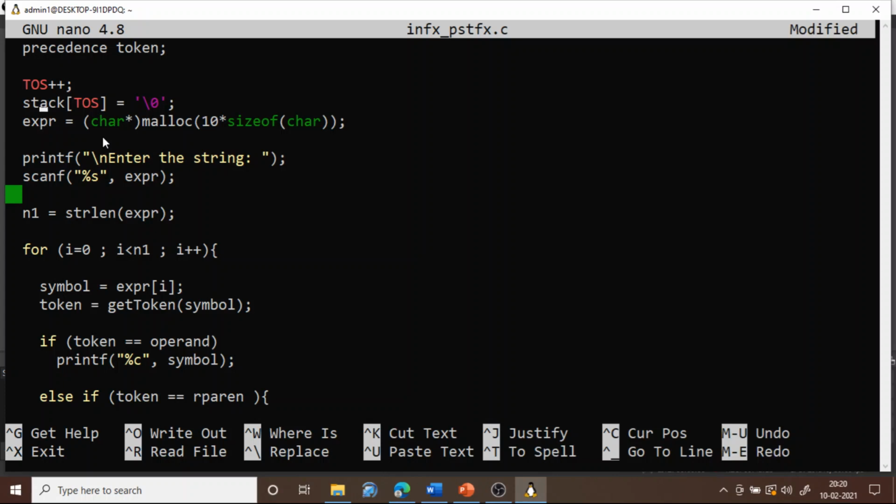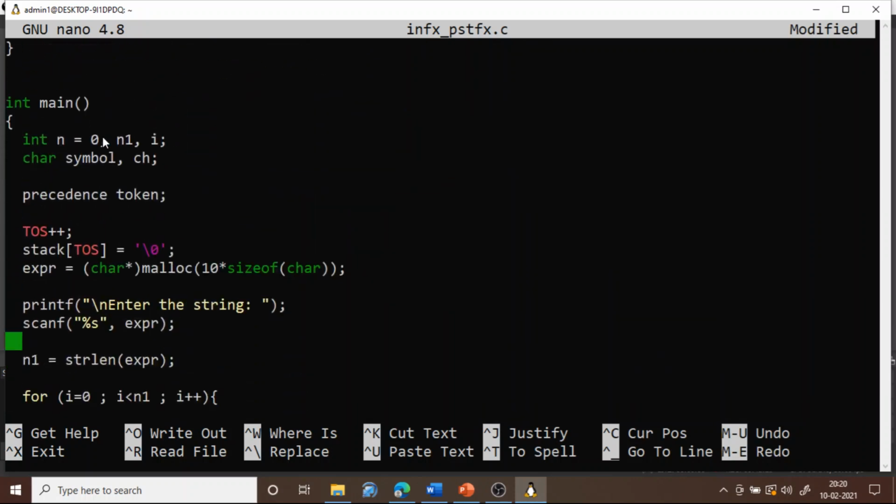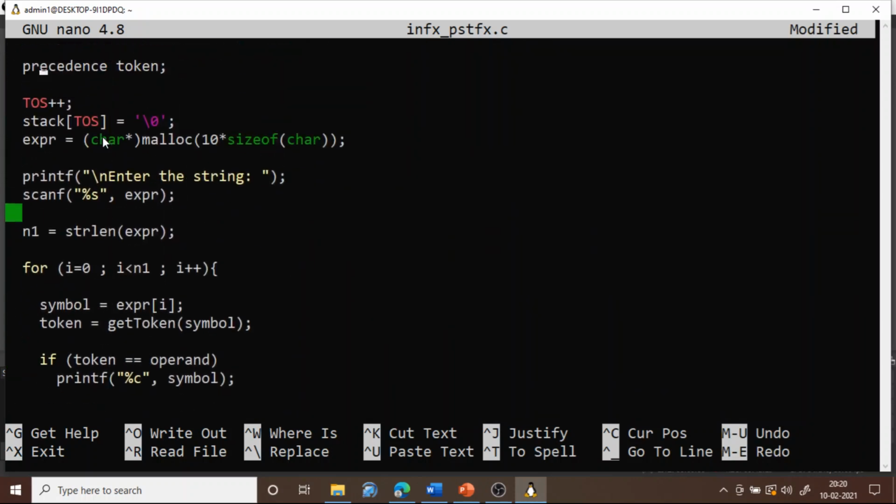Then we already declared a character pointer, that is expr. For that we are allocating some dynamic memory because we want to store the input. expr is equal to character star malloc 10 into size of character. So we are allocating space for holding 10 characters, and that starting address will be available in the pointer expr. Instead you can also use a character array, whatever you feel convenient. For the sake of using pointer, I am using it here. We are asking the user to enter the infix string